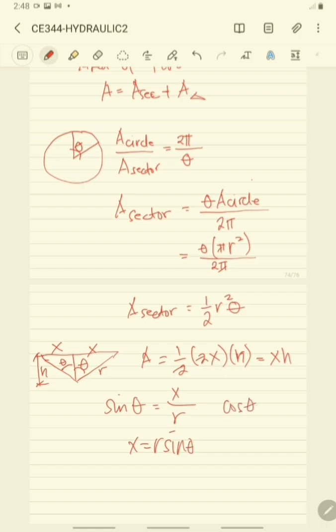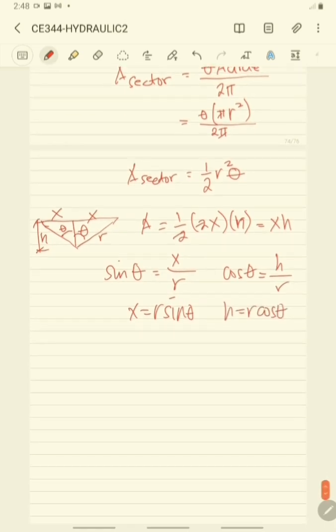We also have cosine theta is equal to h over r, so h is equal to r cosine theta. So we will substitute this to our equation. We have r sine theta times r cosine theta, so we have r squared